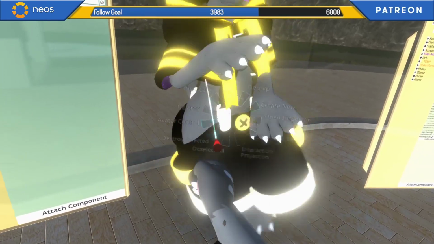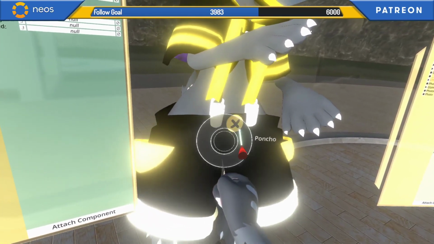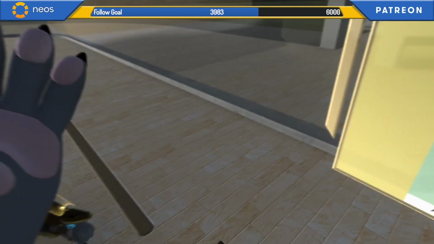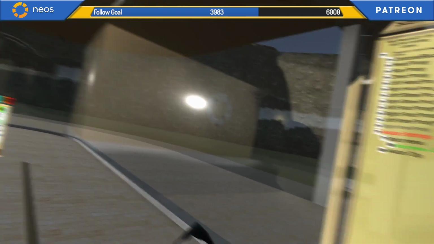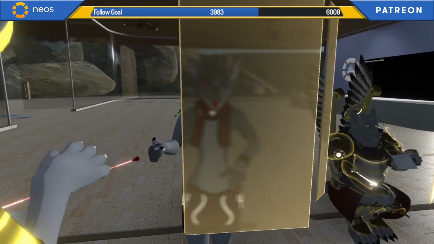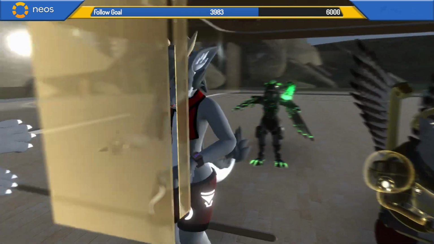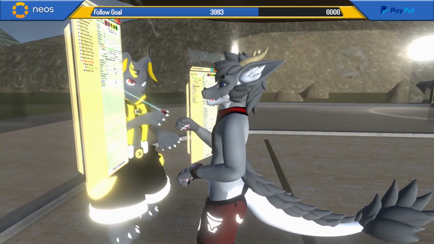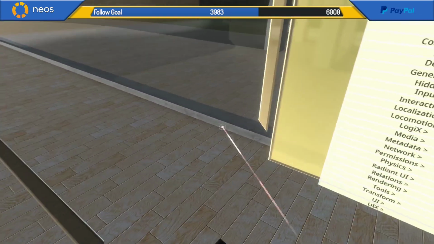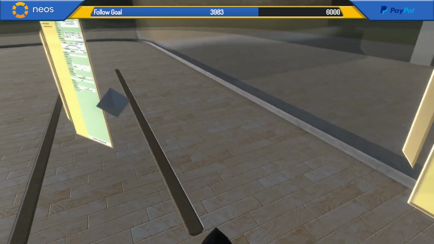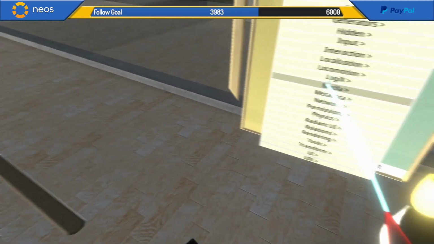So if I go into here now, into my avatar control, you can see I've got an option for a poncho. Doesn't do a lot right now. So what we can do is we can actually start setting this up to be even more useful with this. So first thing we want to do is we're going to add a checkbox,